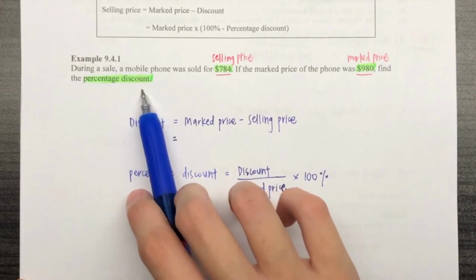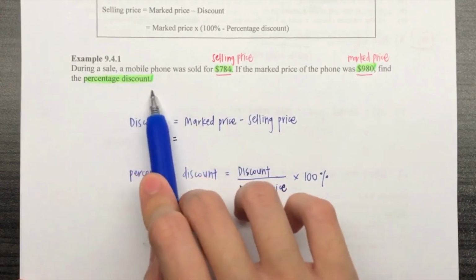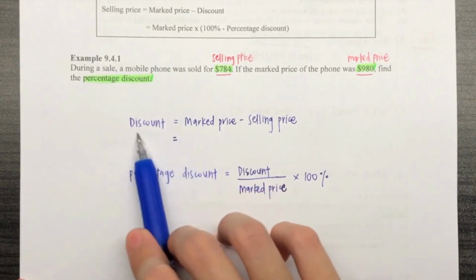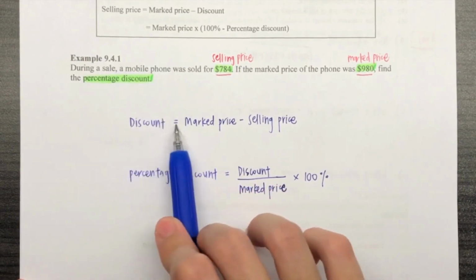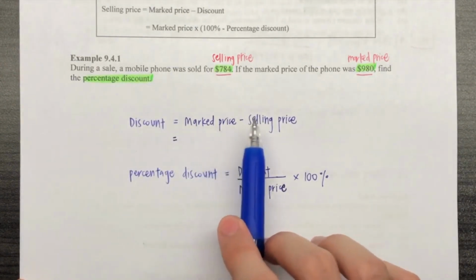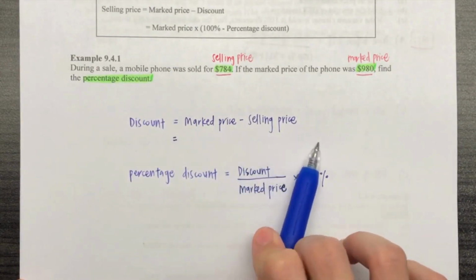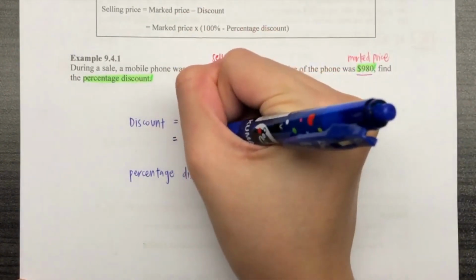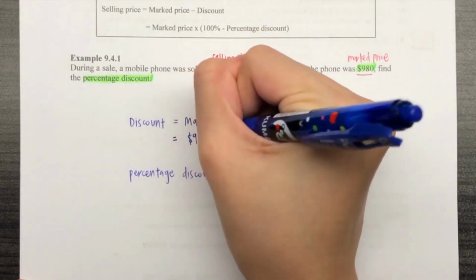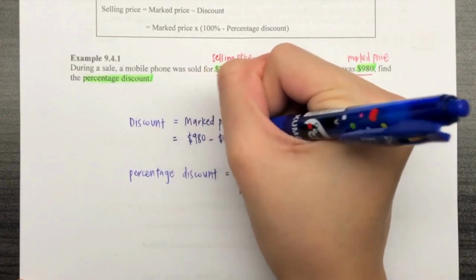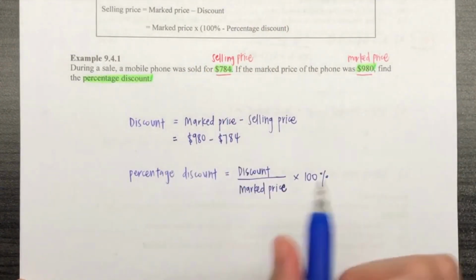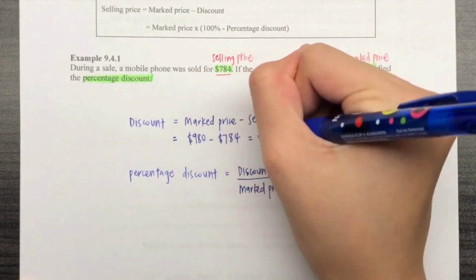Okay, so before we can find the percentage discount, we'll first need to find the discount first. So you know that discount equals the mark price minus the selling price. So in this case, we'll just take 980, minus 784, and this will give us the discount. It will be equal to